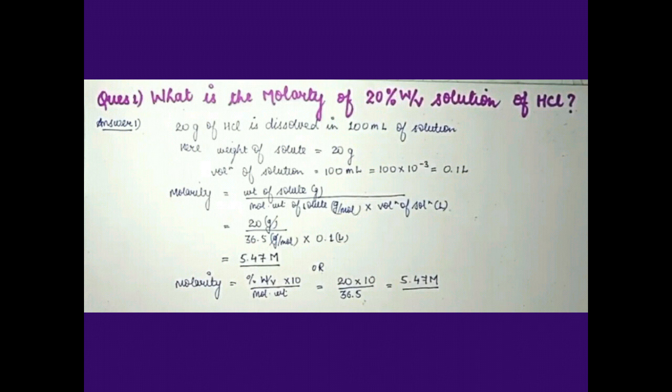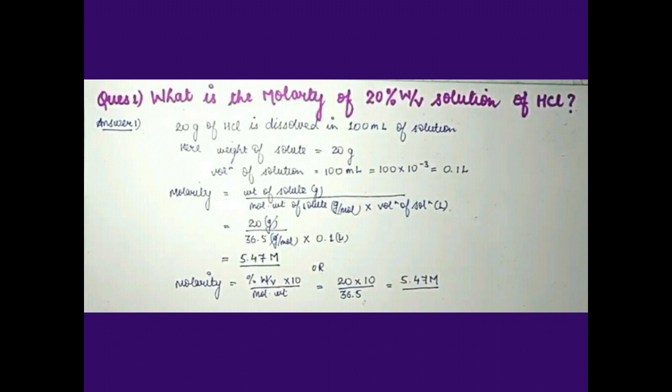ठीक है, तो हम कैलकुलेट कर सकते हैं नंबर ऑफ मोल्स. Okay, then next thing हमें क्या चाहिए? Volume of solution. वॉल्यूम ऑफ सोल्यूशन हमारे पास आ गया, कितना आ गया? 100 मिलीलीटर. So molarity is equal to weight of solute upon molar mass of solute into volume of solution. वॉल्यूम ऑफ सोल्यूशन हमारे पास मिलीलीटर में है, इसलिए multiplied by 1000 हमें करना पड़ेगा, या फिर जो हमारे पास ये वॉल्यूम आया है मिलीलीटर में से हम लीटर में चेंज कर लेते हैं, it will become 0.1 लीटर.